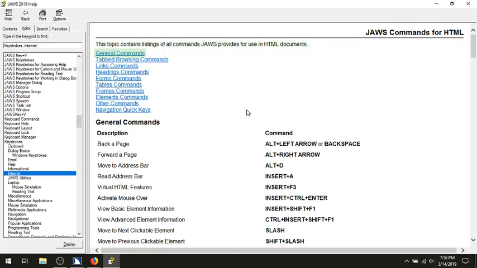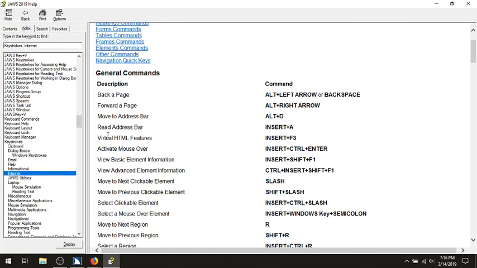Desktop. Heading level 2, general commands. Scrolling down using the arrow keys. HTML commands. Okay, and you're going to see here the keyboard shortcut to read the address bar in your internet browser. The keyboard command is insert plus A, and what did we say earlier? That we wanted to use the laptop layout, so we have to do a little mental change, and instead of using insert plus A,